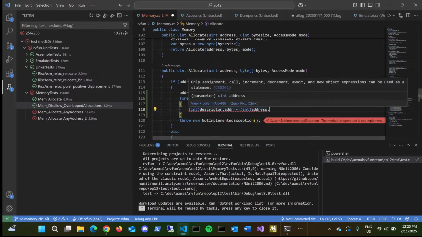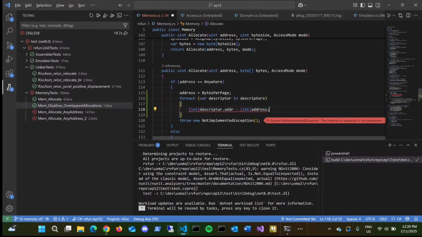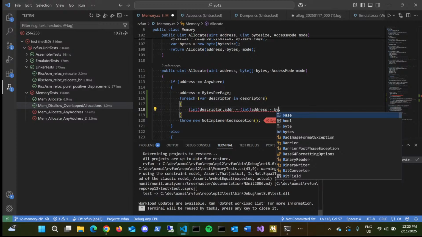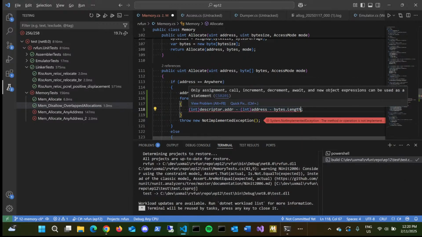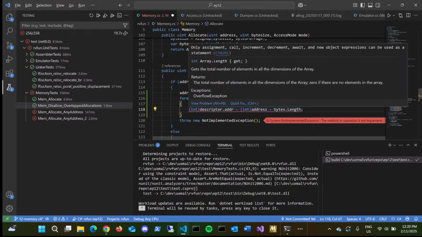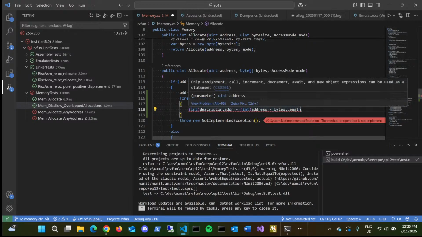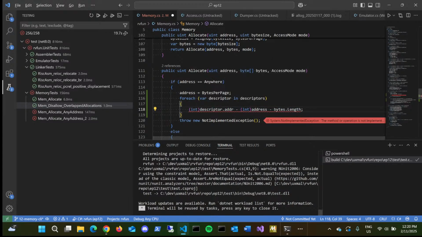So if this number is, in fact, we want to do this. We want to add the address. We also want to add the length of the memory. Right. So this is the address of the top, or the first address beyond the end of our chunk of memory that we would wish to allocate at address. If that number is bigger than the descriptor address,